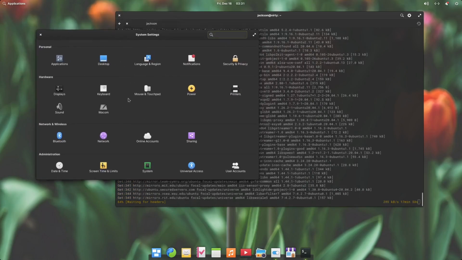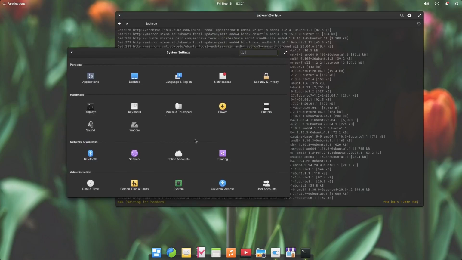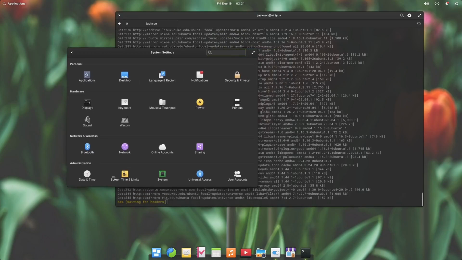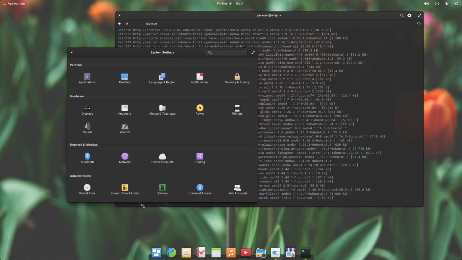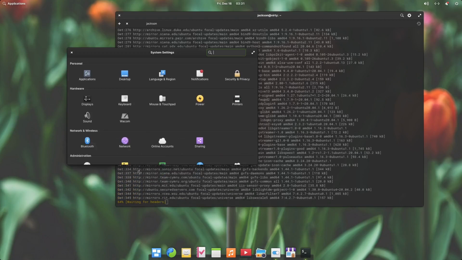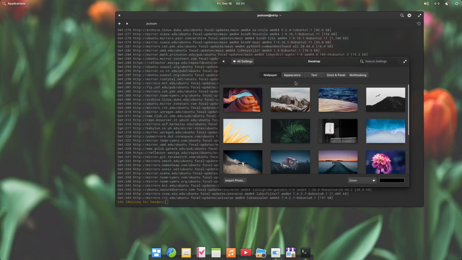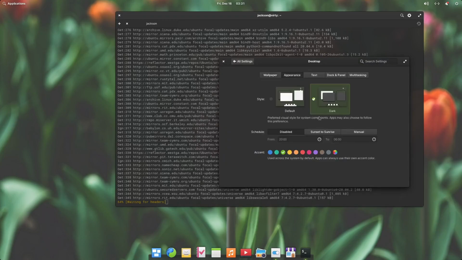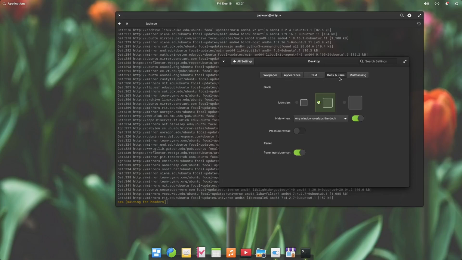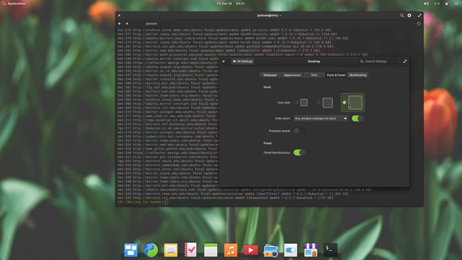the settings. It looks a little like Linux Mint settings, or just Cinnamon settings. I don't know much about XFCE, but I think some people would say this looks a little like XFCE settings too. But if you go like here into desktop, you can change your wallpaper, appearance, text, dock panel, so you can change your icon size.